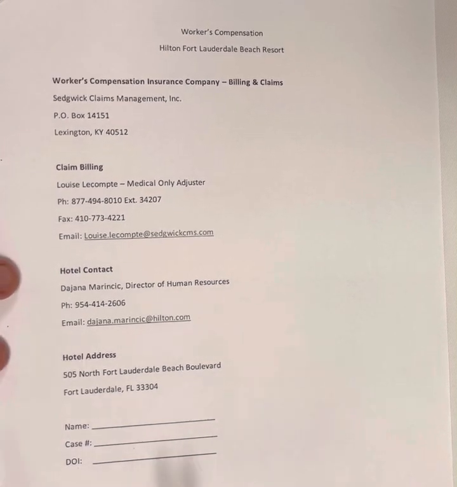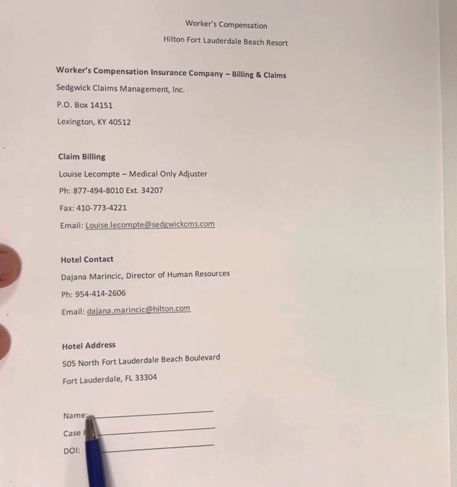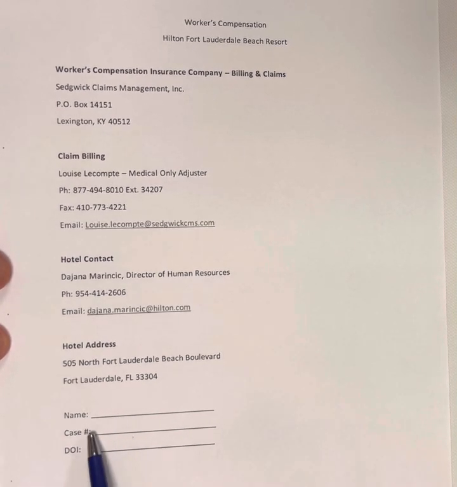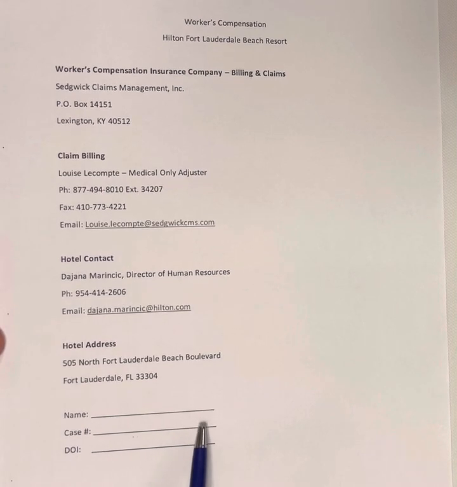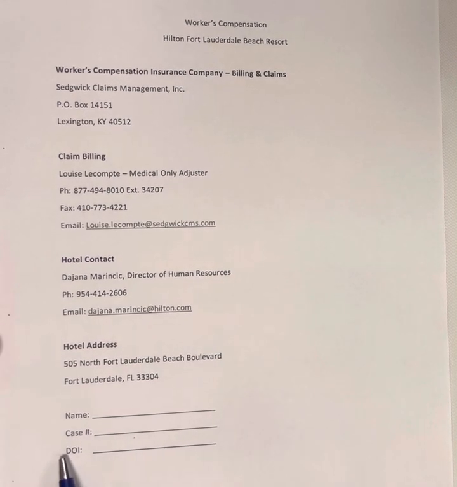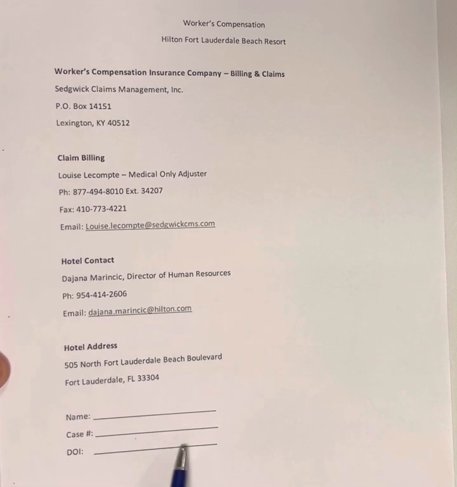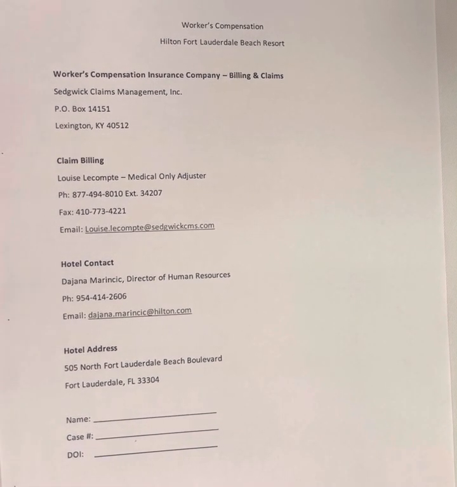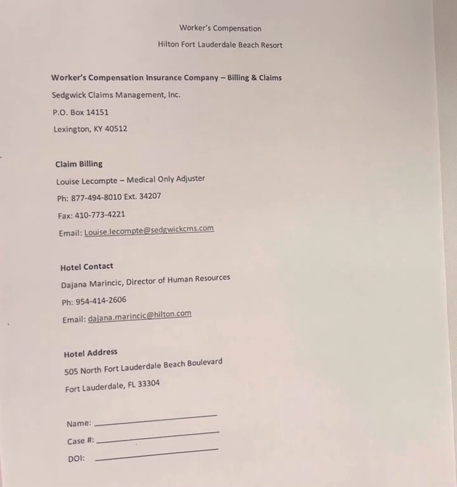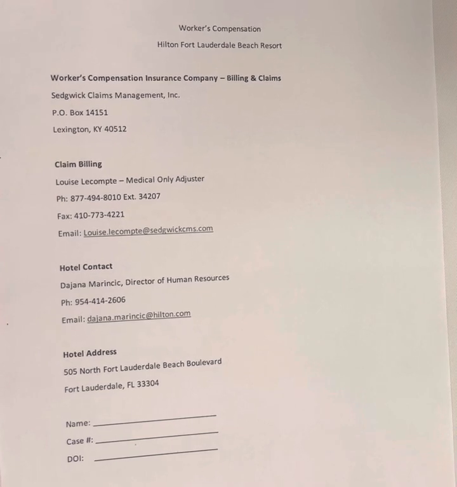Plus, we will put the team member's name on it, the case number, what we are going to receive from Sedgwick during the investigation, and the date. When we have the paperwork, we need to call the Sedgwick hotline, which we have in a folder in the office, and follow the